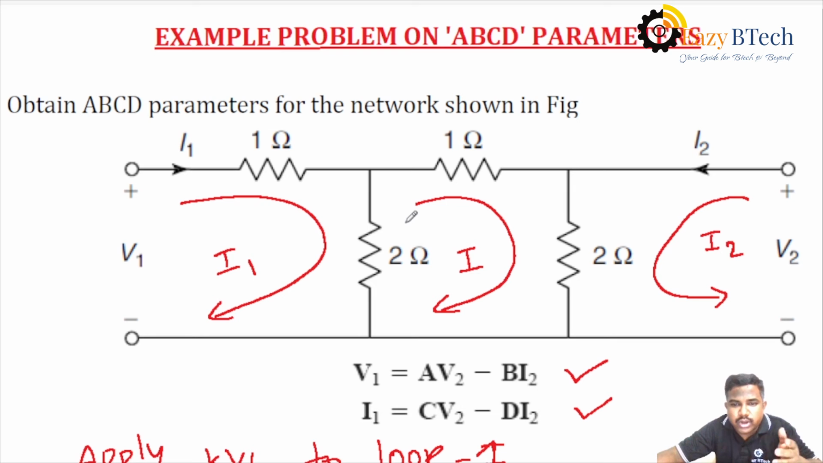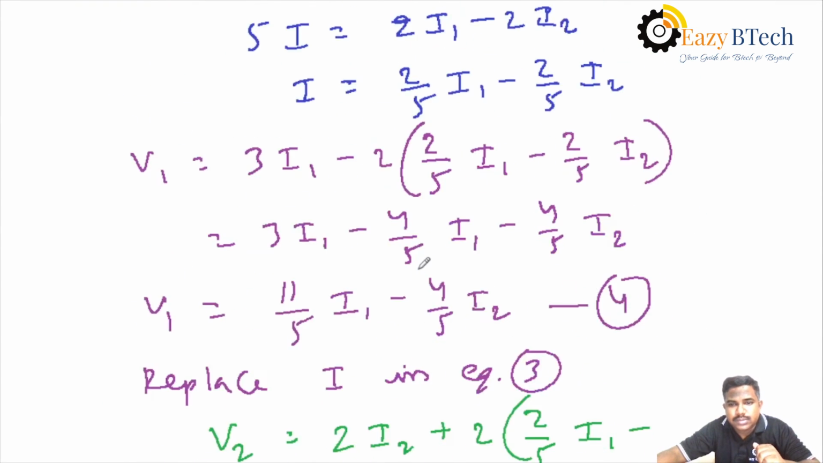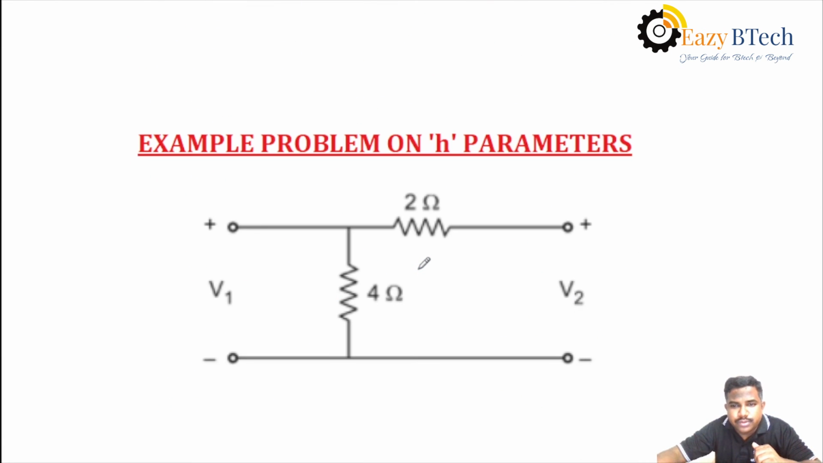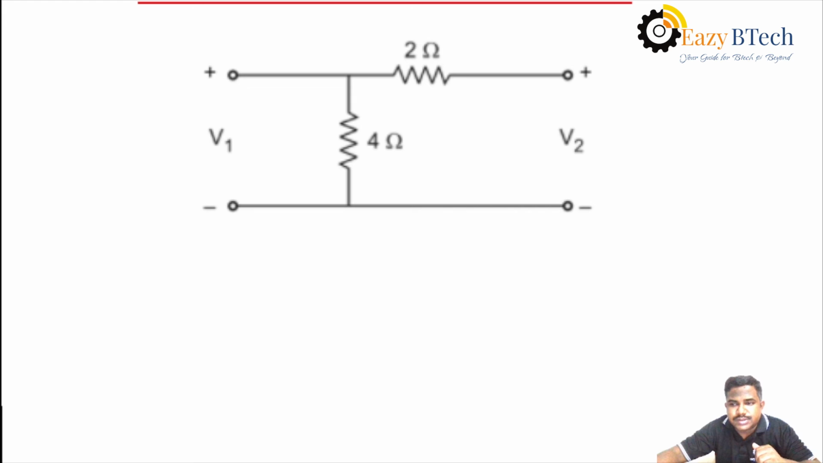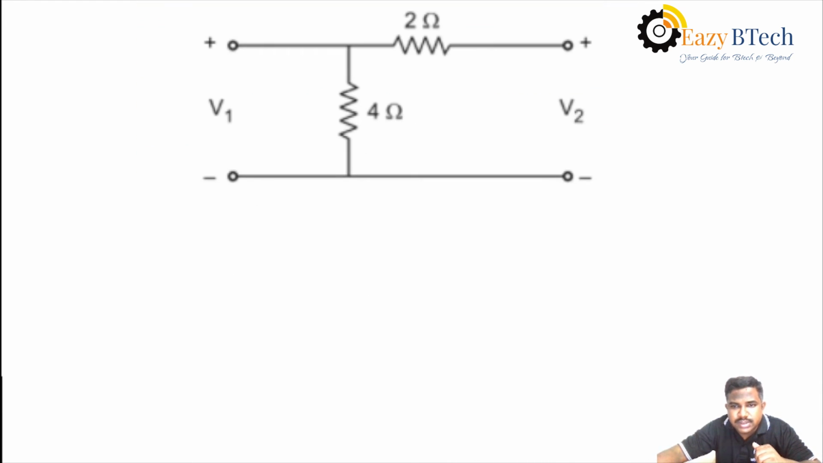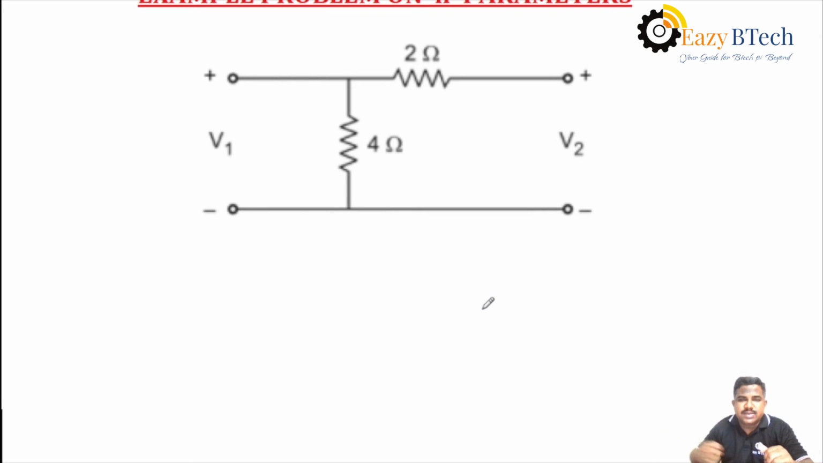In this way, you have to find out ABCD transmission parameters. Then, in the next example, you have to find out H parameters. That is, how to find out H parameters for the given network problem. This is the simple network problem here. That is, only two elements are there. From that, you have to find out